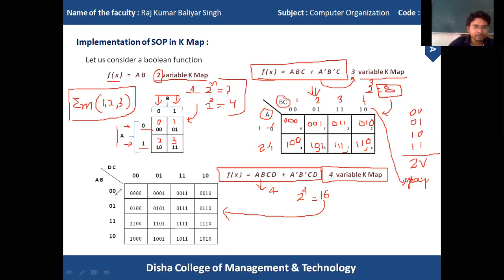In this table we have 4 rows: row 1, row 2, row 3 and row 4. Similarly, we have 4 columns: 1 2 3 4.